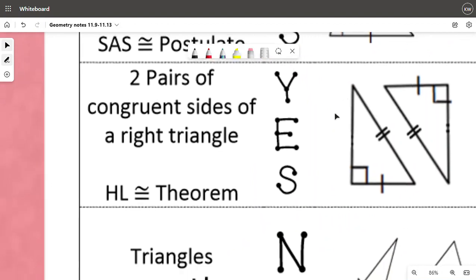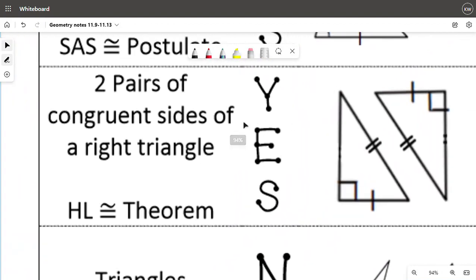All right, next one that we got is two pairs of congruent sides of a right triangle. So this one is specifically for right triangles. If it's not a right triangle, this theorem that we're talking about will not work. This is called the hypotenuse